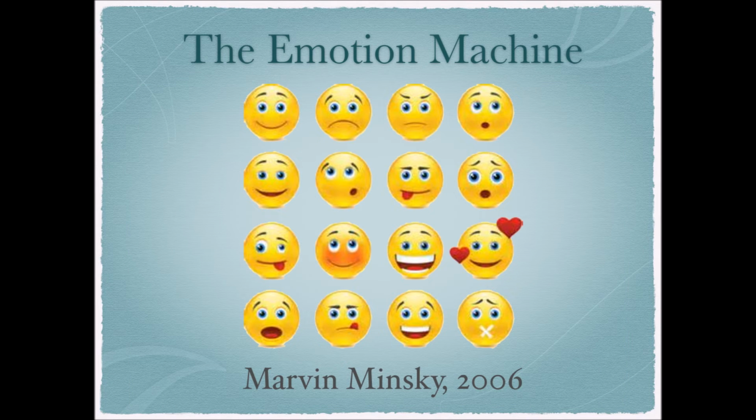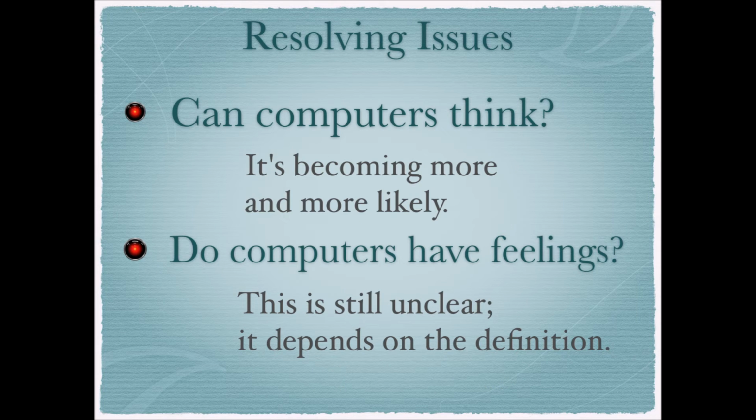Now more recently, Marvin Minsky, who was one of the original thinkers in the Dartmouth project, wondered if computers might have more memory, speed, or complexity to create emotions. Or are we giving them the wrong kinds of instruction sets? Is it because we only use zeros and ones? Or is it some magical attribute that humans possess that computers do not, which prevents them from having emotions? We need to find some way to resolve these issues, whether computers can think and whether computers have feelings.